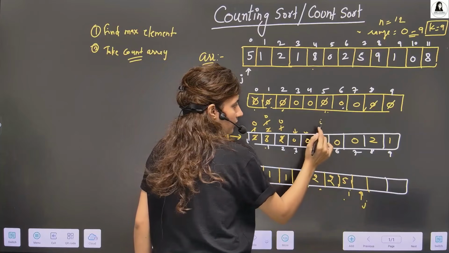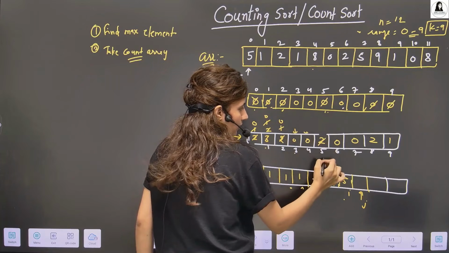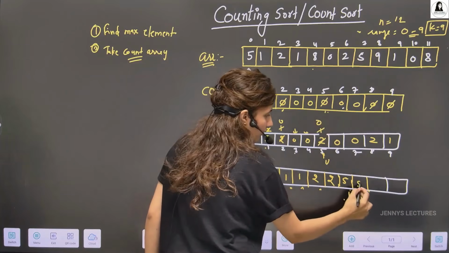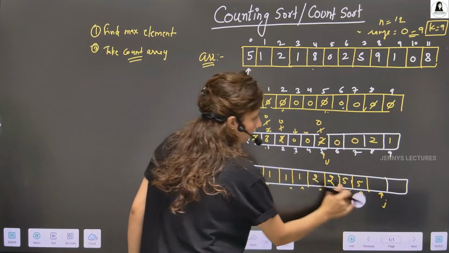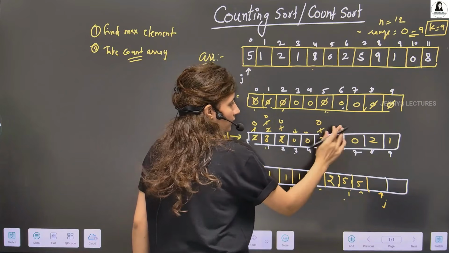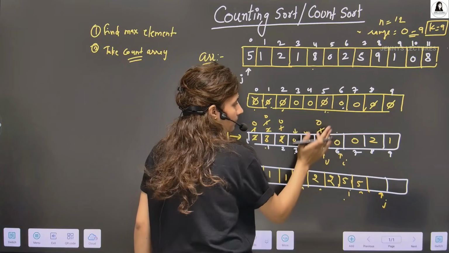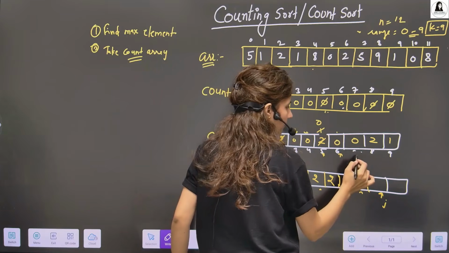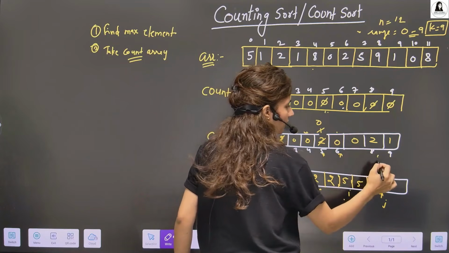It becomes 1. I is here. It becomes 1. Greater than 0, yes. Decrement it and put 5 again and j is here. It's 0, yes. Move further. Here we have I. Now it's 0, no need to put anything, move I. It is again 0, no need to put anything, move I.